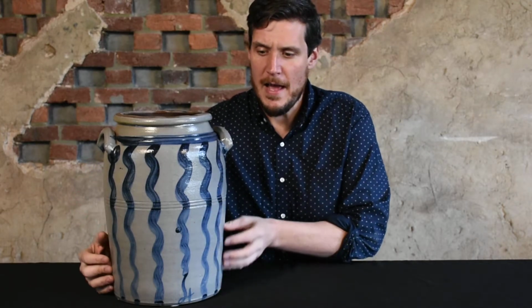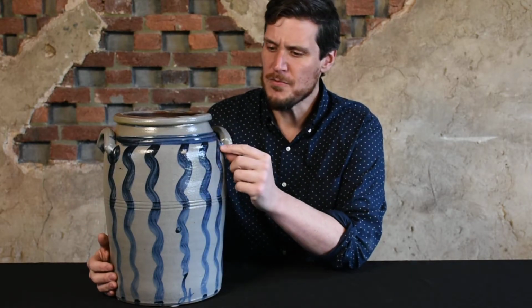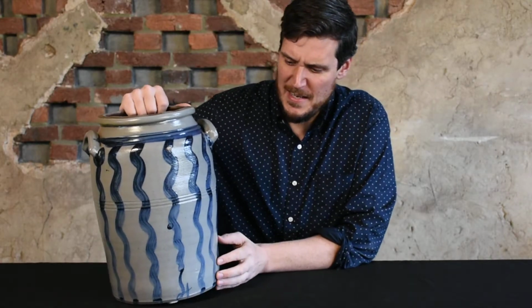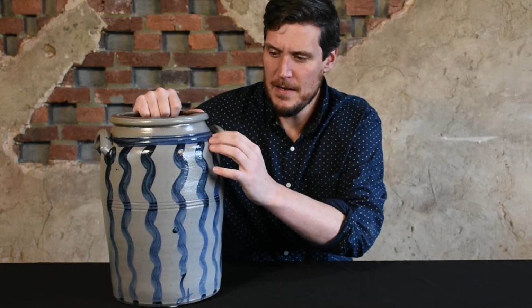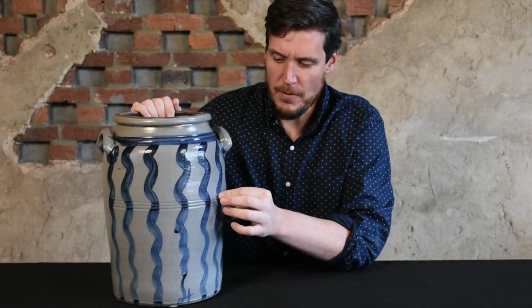But early on in their production, in the 1850s, they made beautiful stoneware with this local clay, and that when well fired has really this beautiful contrast that this jar has. And so you can see it's this beautiful gray with this really outstanding, deep cobalt oxide brush decoration. So they decorated their stoneware with kind of this heavy-handed brushed cobalt oxide that really made for a pleasant,